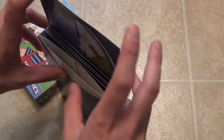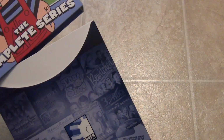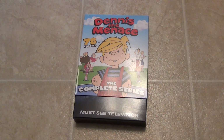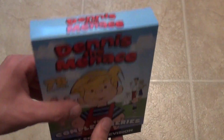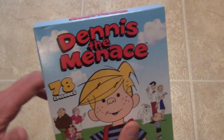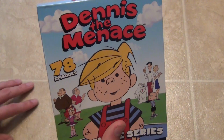But, like there is another DVD set that I bought, the Flintstones Complete series. That one was by Warner Brothers, not Mill Creek. But that was one where it was so tight pulling the discs out that you would scratch them just pulling them out of the paper sleeves. And so for that reason, I am just never really a big fan of using paper sleeves of any kind for DVD packaging. It's just nice to have a nice durable plastic case. You can just pull it right out of the spindle, I guess, whatever you call it. But anyways, other than the packaging,